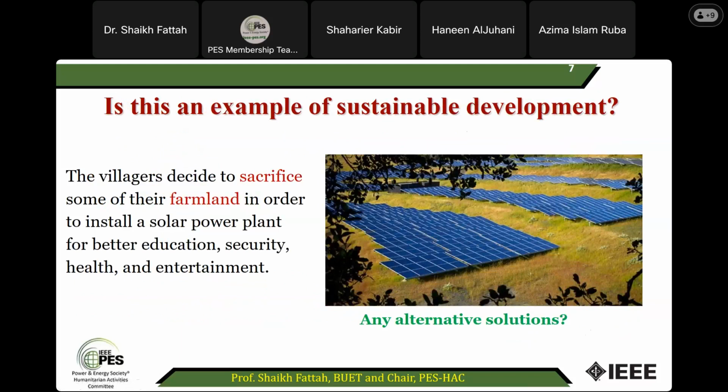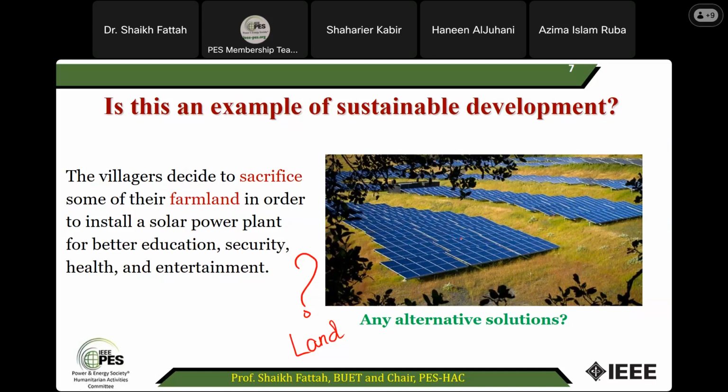For example, if you look at this very common phenomenon, nowadays people are using land for solar PV. Why? Because if they don't have electricity, and this is a source of green energy, they can use this. This is a very good alternative to fossil fuel based energy. So it's fine, it's good. But is it always good? Is it the optimum solution for this particular area? You have to ask that question. Because if you have a shortage of land, you cannot always use this particular solution.